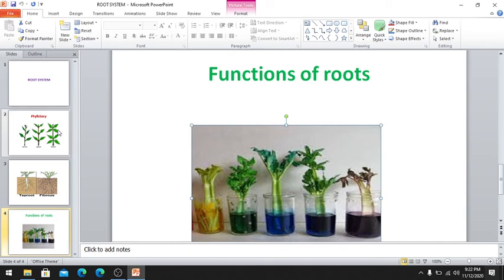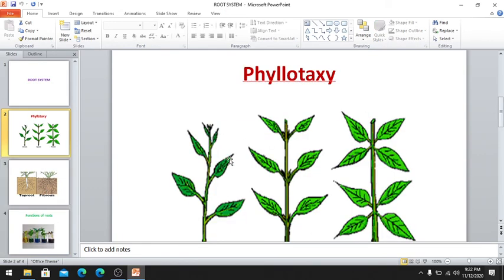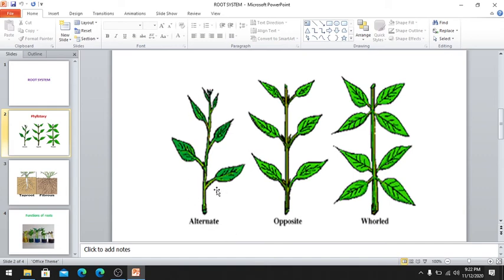So in today's class, you learned about the different types of phyllotaxis and the types of roots. Different types of phyllotaxis you learned. This is alternate phyllotaxy. At every node, one leaf is arising and arranged in an alternate way. And opposite phyllotaxy, from every node two leaves arise and are arranged in opposite direction. And whorled phyllotaxy, from every node more than two leaves arise and are arranged in a whorled way. Around the node the leaves are arranged.